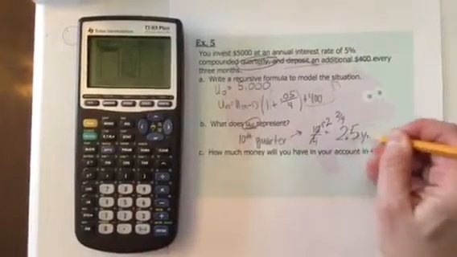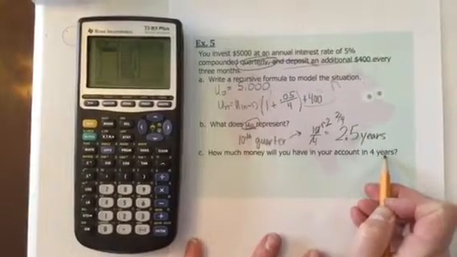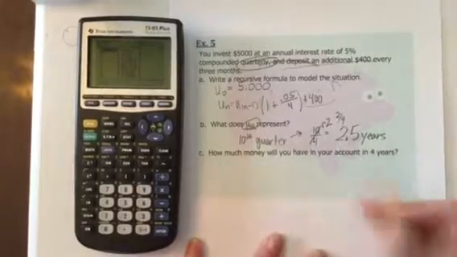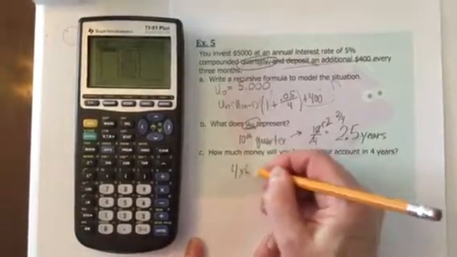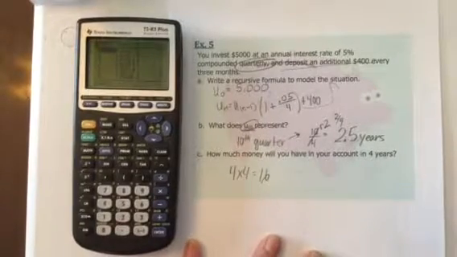So 2.5 years. How much money will you have in your account after 4 years? Well, how many quarters is 4 years? 4 times 4, which is 16. Now remember, there's a shortcut. You can just hit